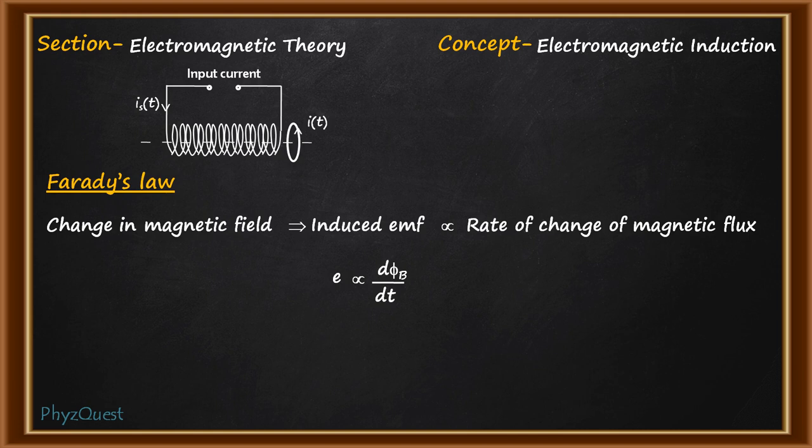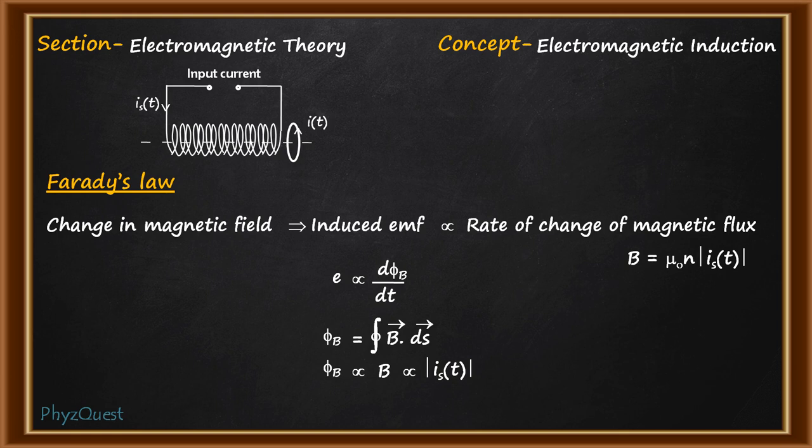The magnetic flux phi B is a surface integral of the magnetic field. This magnetic field is generated due to the current flowing through the solenoid, and the formula for the magnetic field of a solenoid is B equal to mu 0 N i, and here the current is I_s. Therefore the magnetic field is equal to mu 0 N I_s. So the magnetic field is directly proportional to the current flowing through the solenoid. The magnetic flux phi B is directly proportional to the magnetic field, and so it is directly proportional to the current.